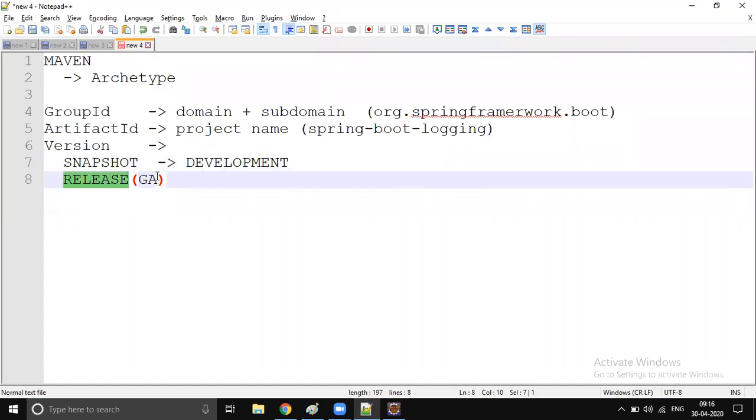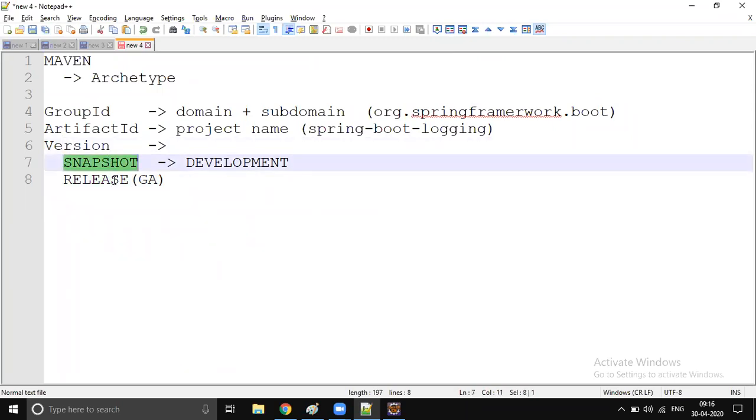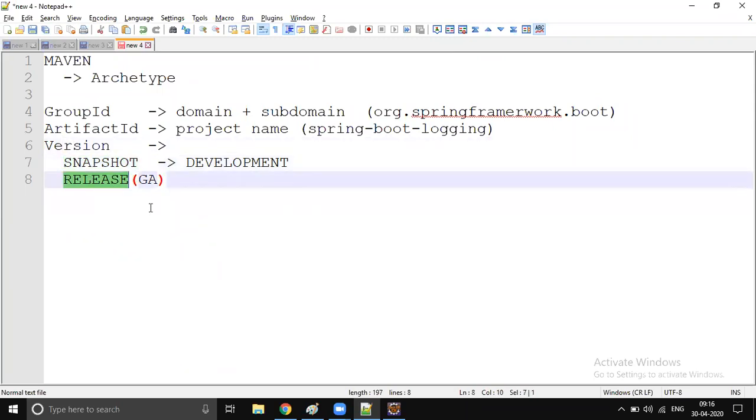Whenever you are developing your project, your version is going to be snapshot. Once you are done with the development, the version will be changed to release. It is an indication to the world that I am done with the development and you are good to use my project in your dependency, and this is what we send to production.